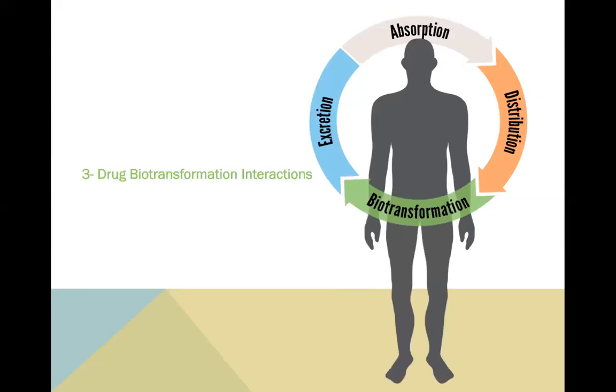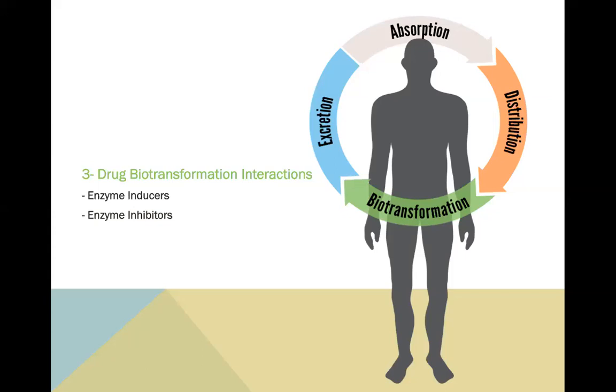The liver is a major site of drug metabolism, and the major metabolizing family of enzymes is the CYP450 family. In the biotransformation group of interactions, the metabolism of drugs is altered through enzyme inducers and enzyme inhibitors. Enzyme inducers, for example carbamazepine and alcohol, will increase the rate of metabolism and decrease the bioavailability